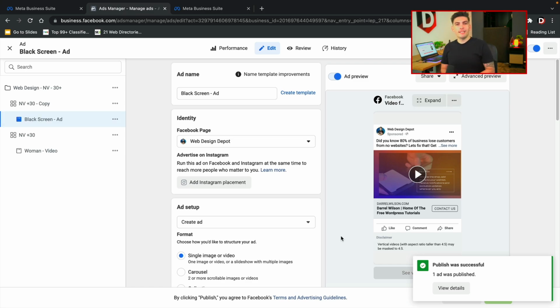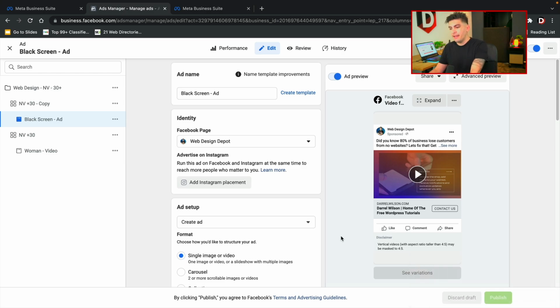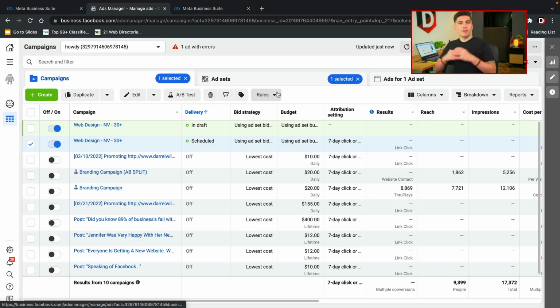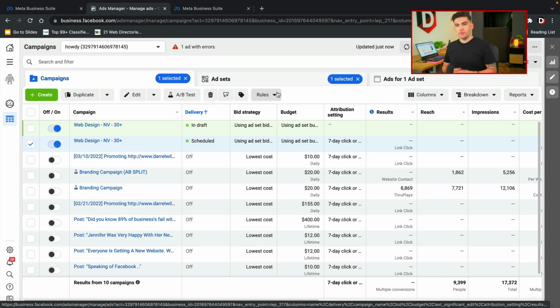All right, cool. Now, once you guys have actually made the changes, it'll tell you that it has been successful. And you guys can actually close this window now, because at this point, the ad is processing and you guys can see it is basically in review. So I'll go ahead and close this section. All right, so now that we've created the ad, let me just go ahead and walk you guys through what we actually did and just show you how you can preview it from the ads manager.